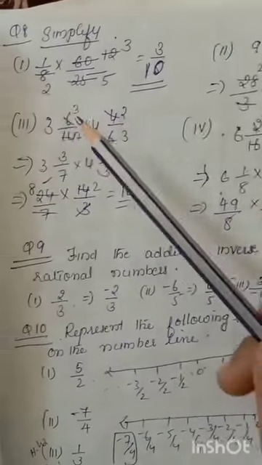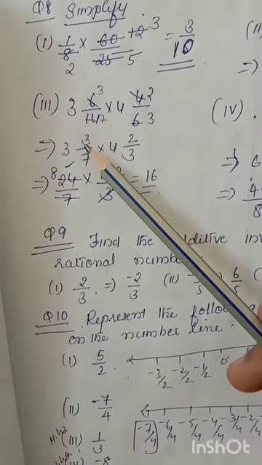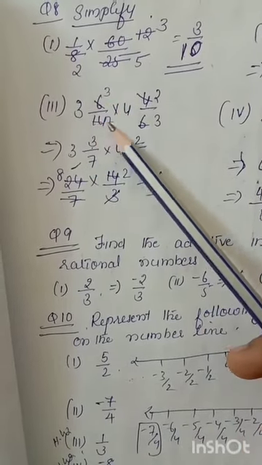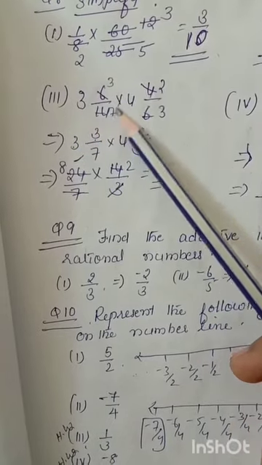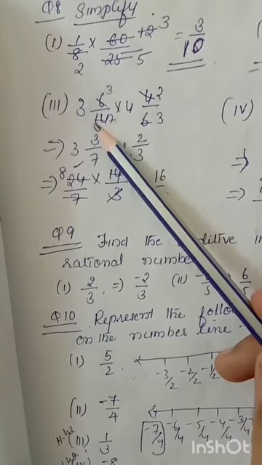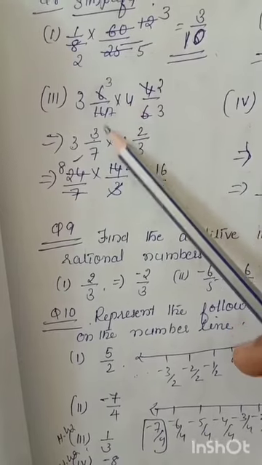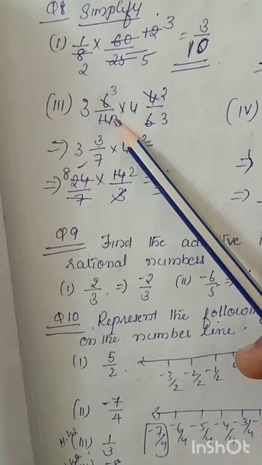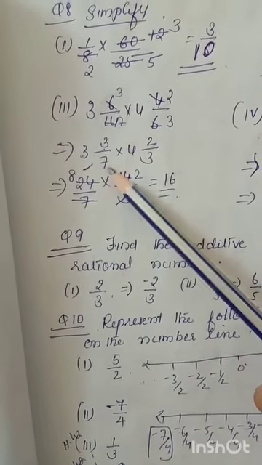Up and down you have to cut out. Here also you have to convert to an improper fraction. Mixed is given. Mixed number, see this is a number, this is a whole number, and this is a proper fraction. This proper fraction you can cut and shorten, no problem. Okay, the simplest fraction you can use, 3 and 7, because 6 by 14 you can cut in 2 table. 2 3 are 6, 2 7 are 14.